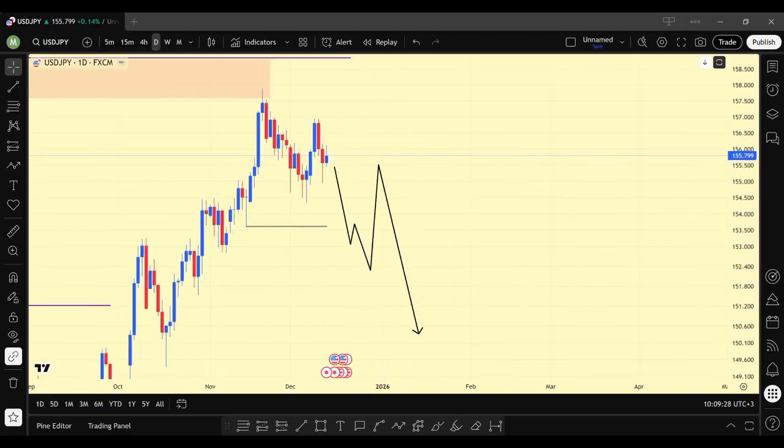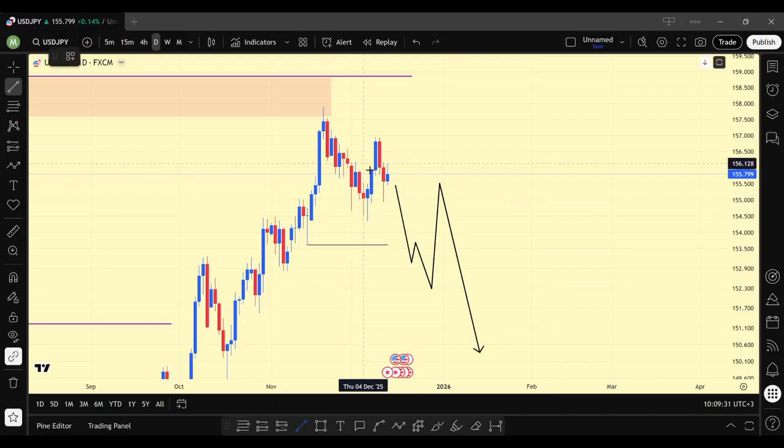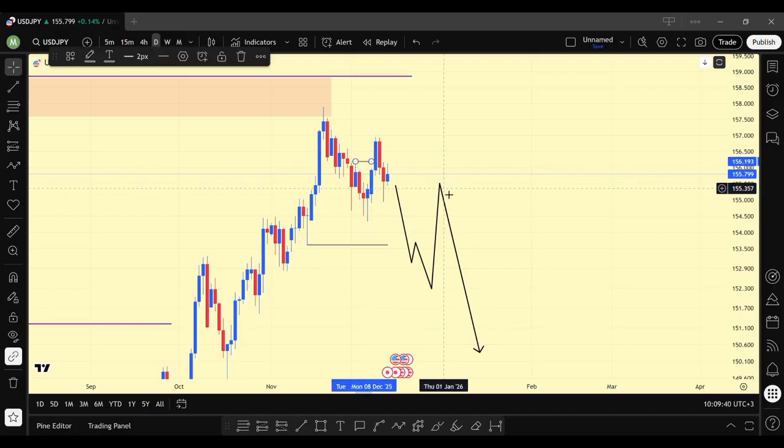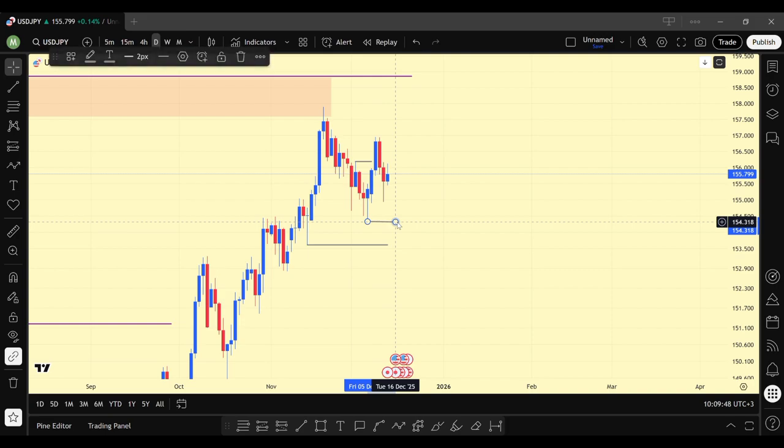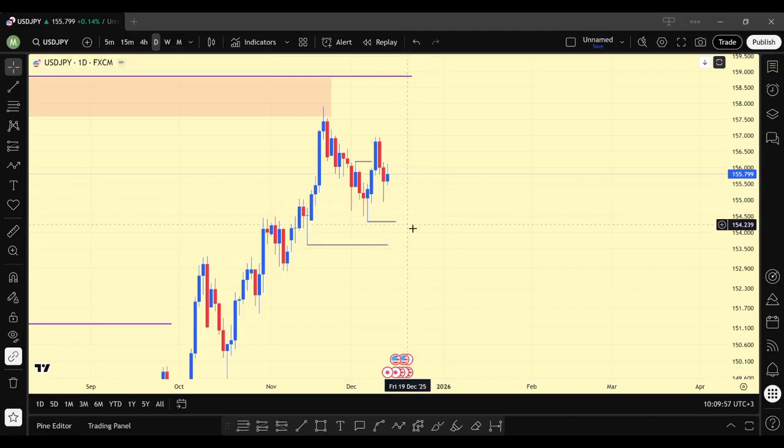Beside this pattern, which will take time for price to create, I can clearly see there is this high that was taken out exactly right here. So there is this high that price took out, and also I can clearly see that the price is heading down, probably to break past this low here. You can clearly see that low. So if price breaks past this low, this here will be what we call the break of structure, I mean inside our major one. So it will not be of that importance, but at least this can give us some confirmations